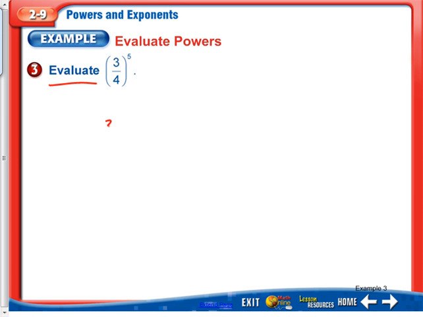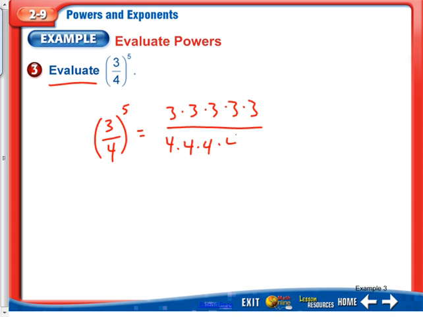So now it does say to evaluate, so we are going to go ahead and work this problem out. So we have 3/4 to the 5th power, which is going to equal 3 times 3 times 3 times 3 times 3 all over 4 times 4 times 4 times 4 times 4, okay? Basically, that's 3/4 times 3/4 times 3/4, but we know that when we multiply, we just multiply straight across, so it's fine to do it this way as well. So 3 to the 5th, or all those 3's, is going to be equal to 243,